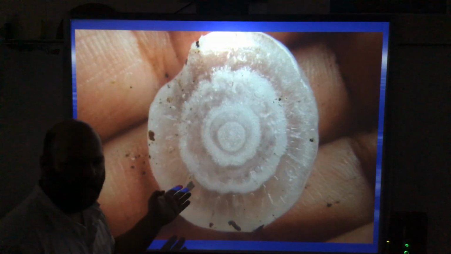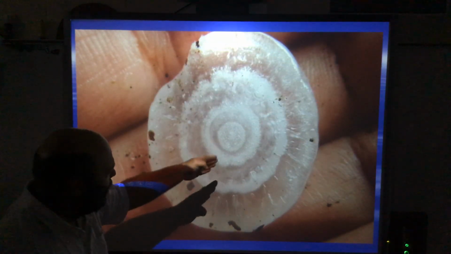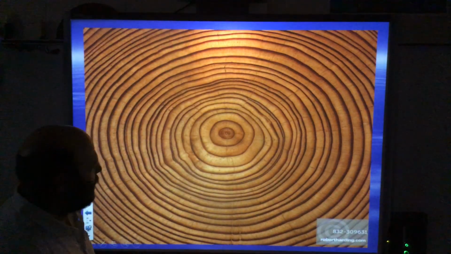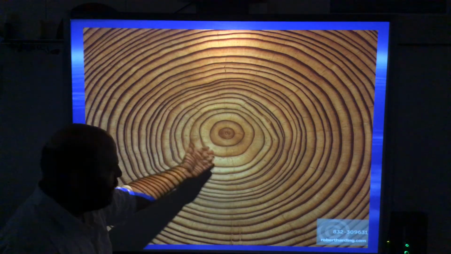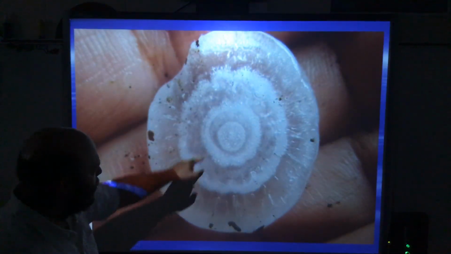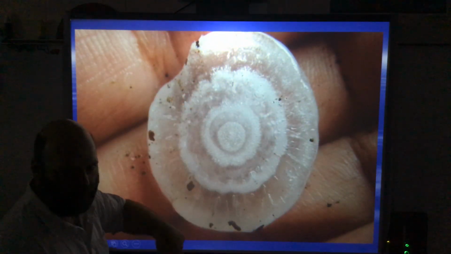But basically, you can tell how long hail's been alive. This is just kind of like a tree. Let me show you. So if I counted, this is a tree that's been cut down. If you count all these lines, that's how many years the tree has been alive. If you look at this hailstone, that's how many times the hailstone has gone back up into the cloud and refrozen itself.